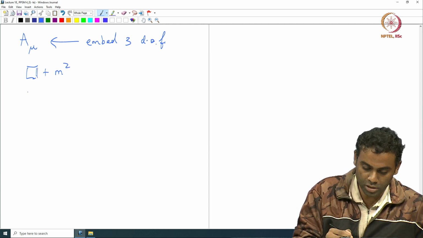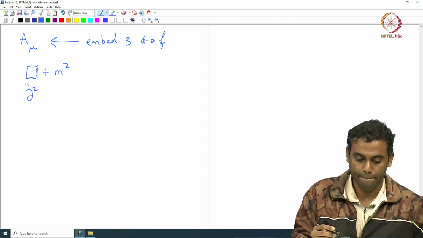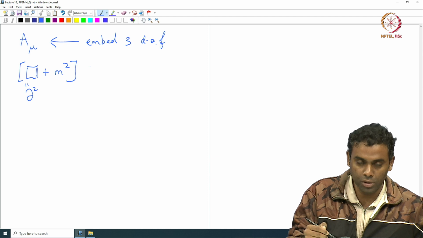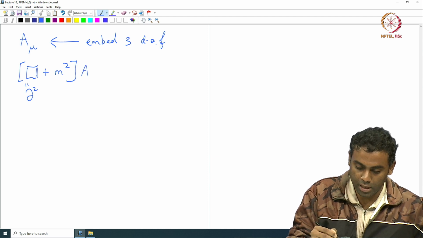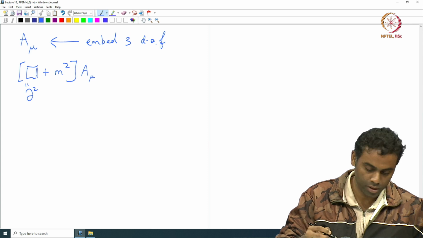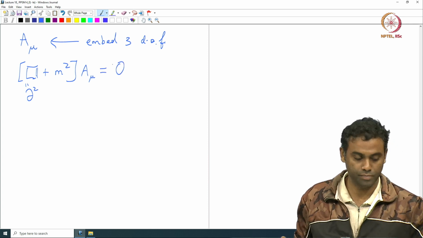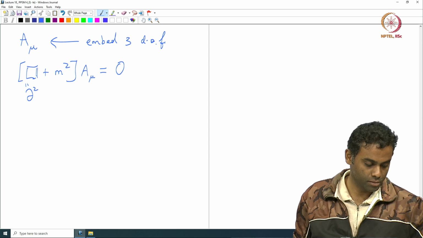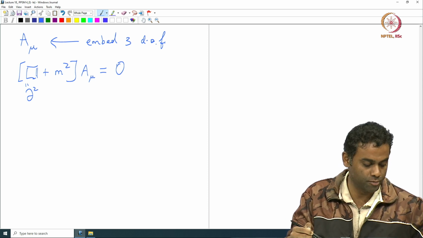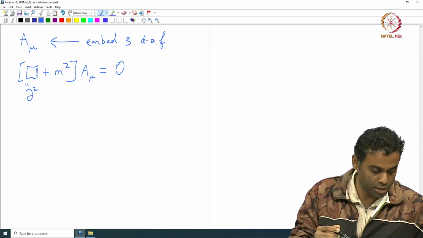So if you do not like the box, it is exactly dou square. That is the notation, right? The box notation. I am just going to write the Klein-Gordon equation again, except I now hit those terms with not a scalar but a 4 vector. Correct? Now this is a good candidate for an equation of motion, and again from the art of writing down Lagrangians,